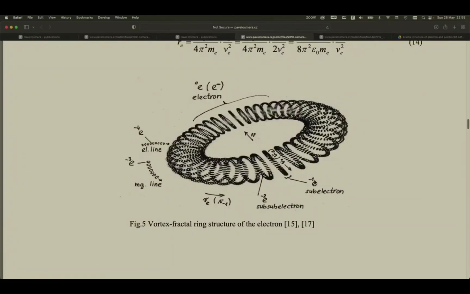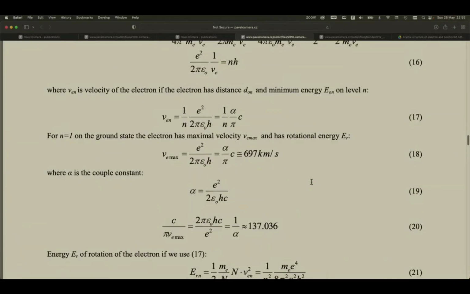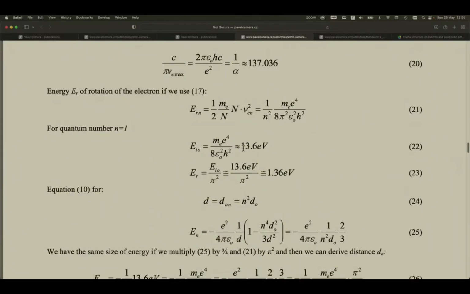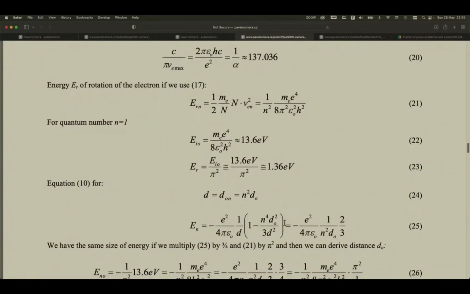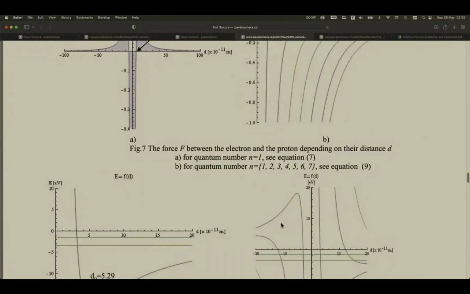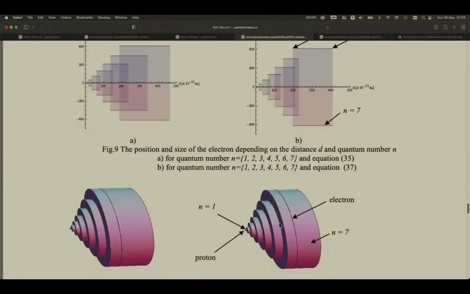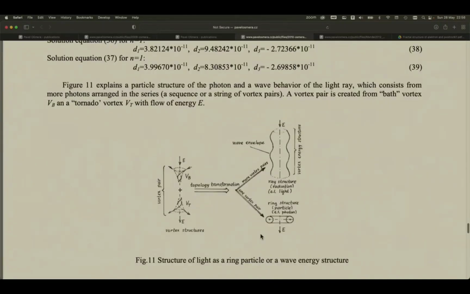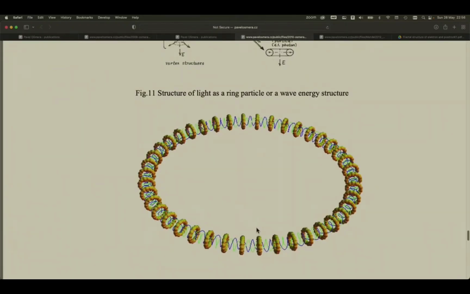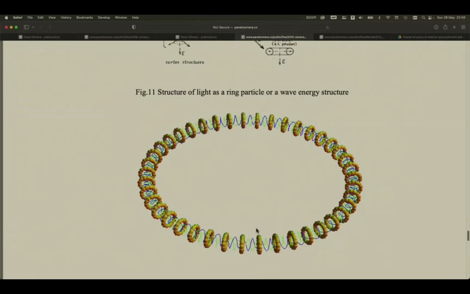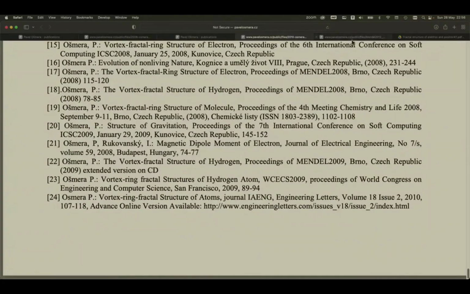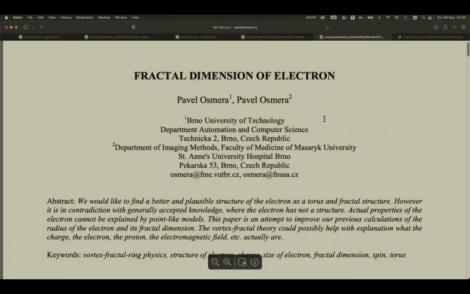Again, we see this structure reappearing here, and he talks about how that adds in all these different constants and the energy here and the spectrums, and how that all fits in with his model and so on. So it really would be great to have some people who are very interested in these aspects at this level delving into this. And that's why I think it's important, Andres, that you have a chance to look at